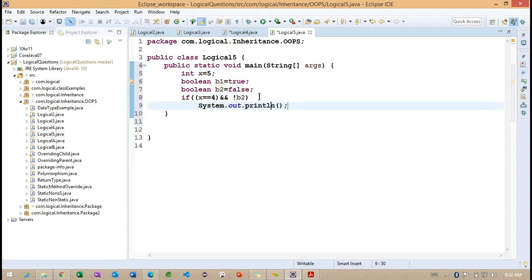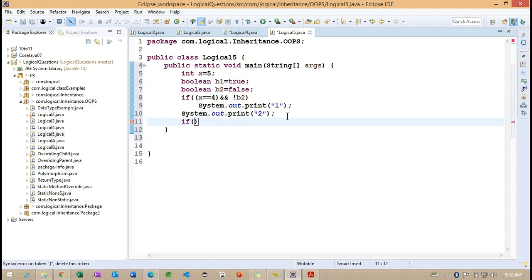System.out.println 1, and later I want to check with this second one, println 2, and I want to check here one more condition, b2 equals true and b1.